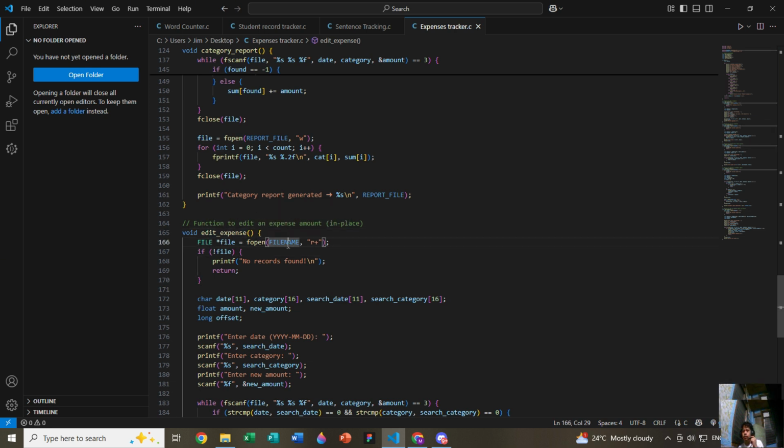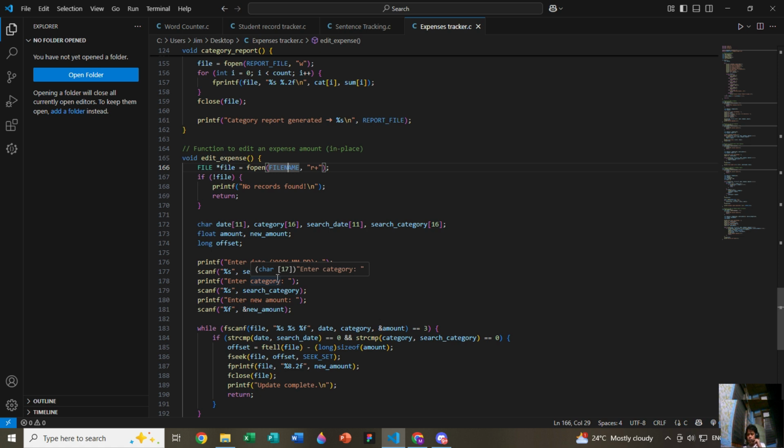The file opens the file name, of course the text, and it opens in read and write mode because of the r plus for the expenses.txt file here. Basically, it will open the expenses.txt file and read and write it in order to edit the current records. Of course, if no records are found, it will display no record found, and return.